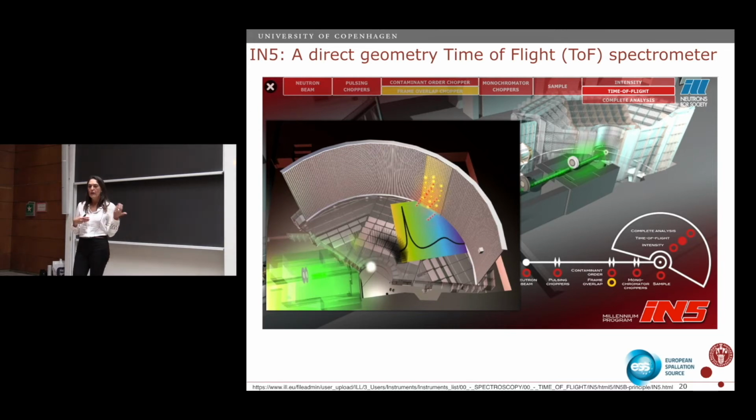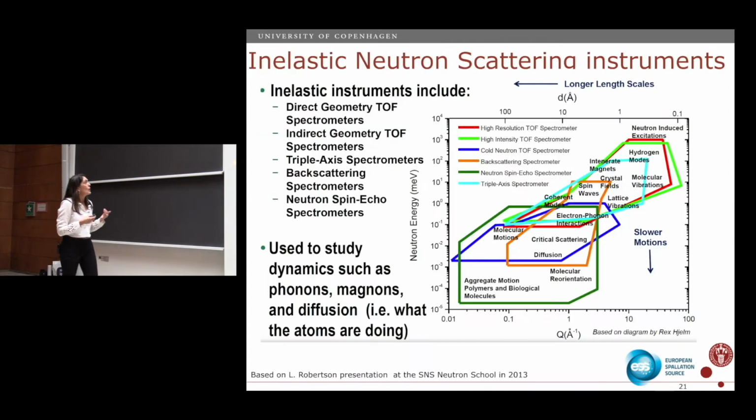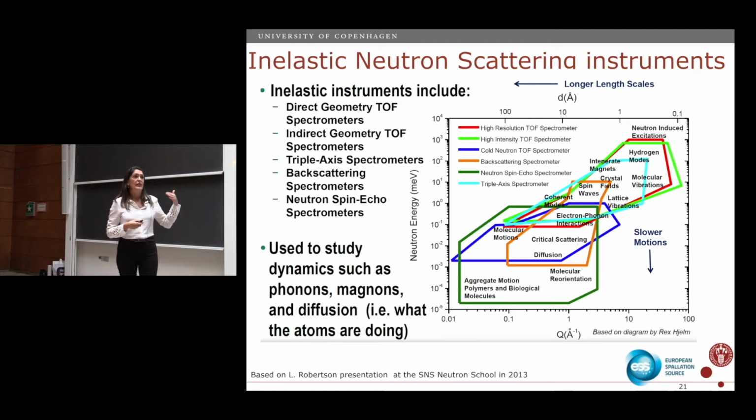And again, as I'm going to show to you later, when we have data, we are covering vast amounts of energy and momentum transfer. Maybe my data is under the noise somewhere else that I didn't look because I'm not trained to. It's my eyes, like machine learning here is a little bit limited. So again, when we're talking about this type of instruments, these are all the machines I can choose from. And basically what I do is, okay, I am doing some lattice vibrations. This is the type of instrument I should go for. I look at the list of proposals, and that's how I choose.